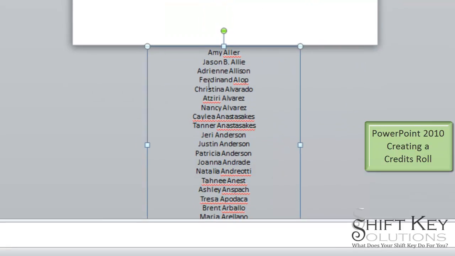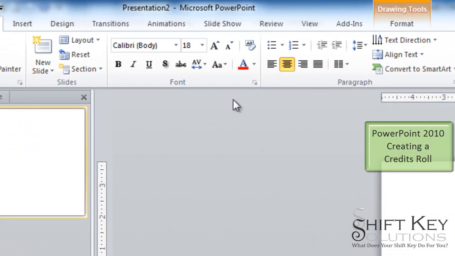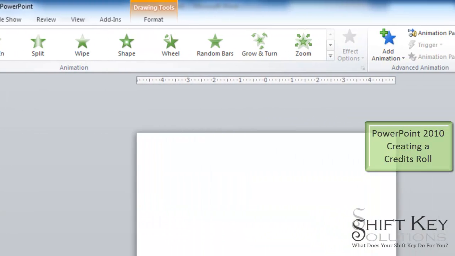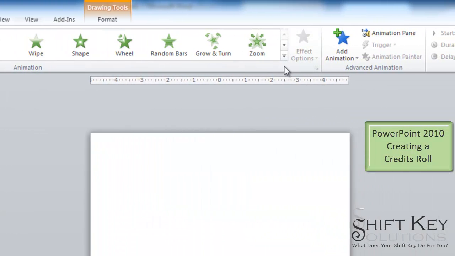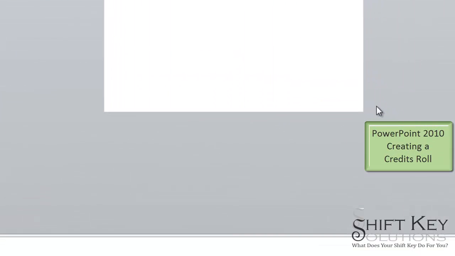Now, with it being there, I want to go and modify its animation. So I'm going to come up to my Animations tab, and here are a great deal of animations to choose from. The one I want is a special one. It's called a motion path. I'm going to come over and choose line. I'm going to click line, and when I do,